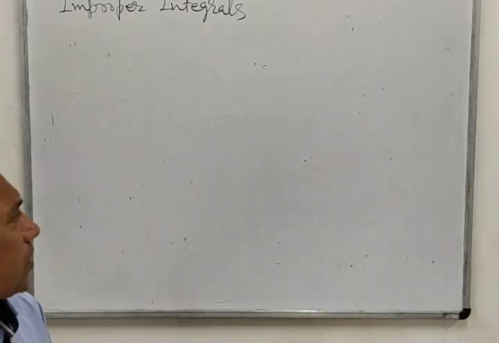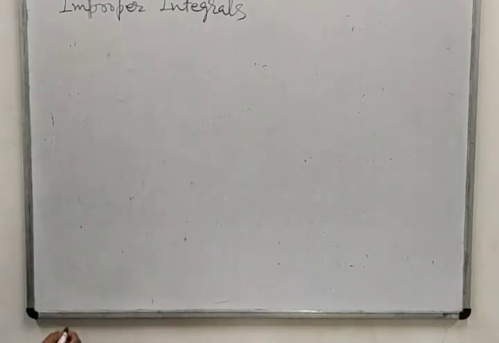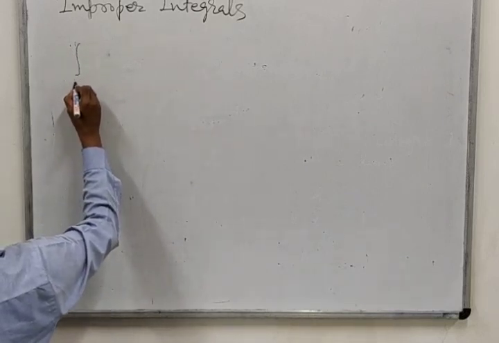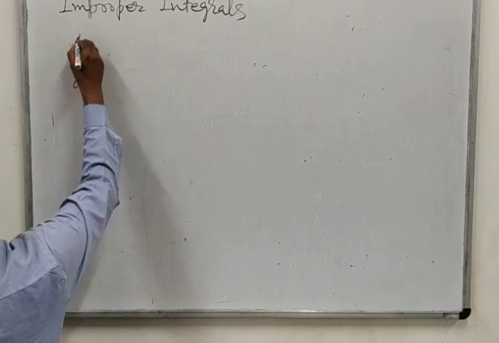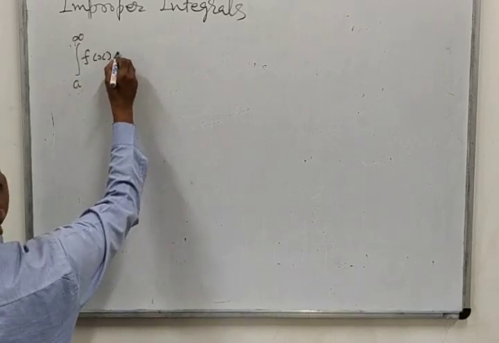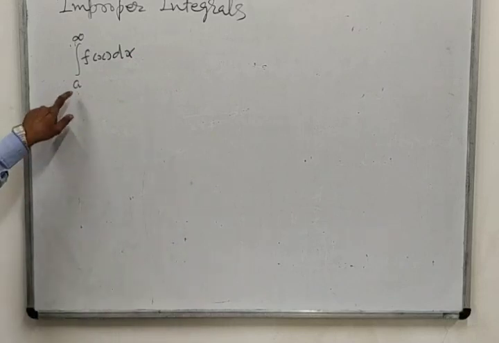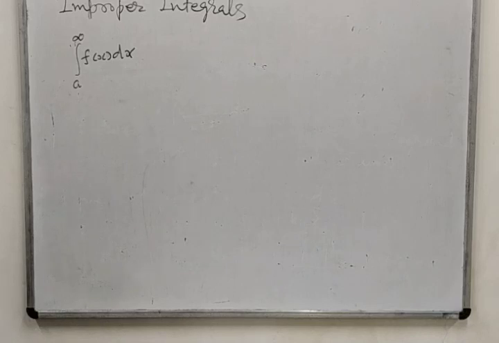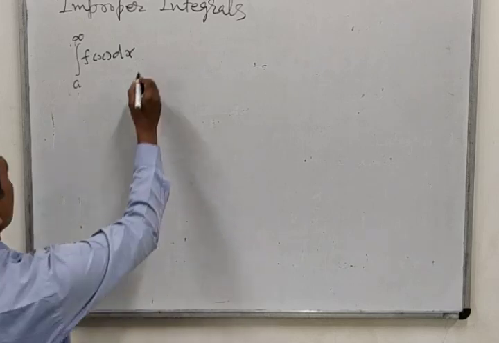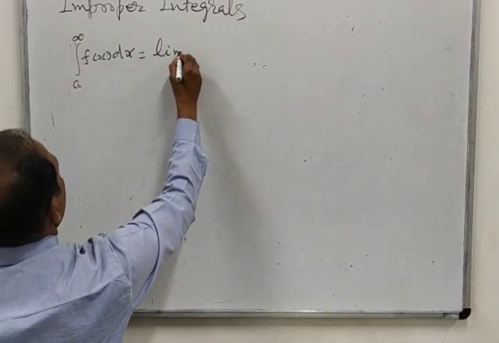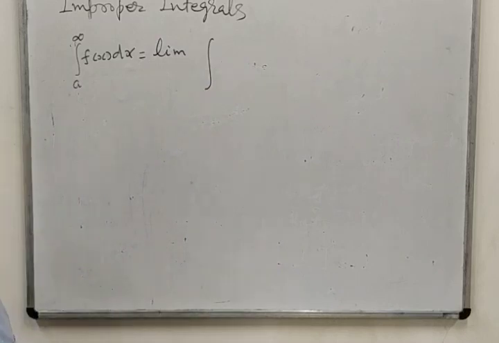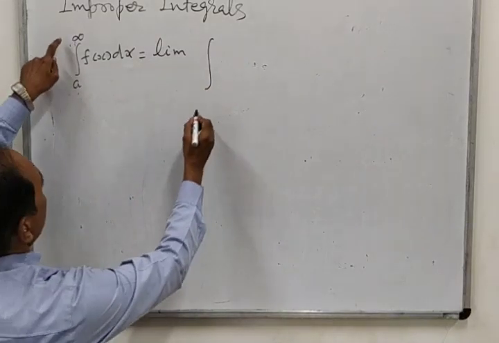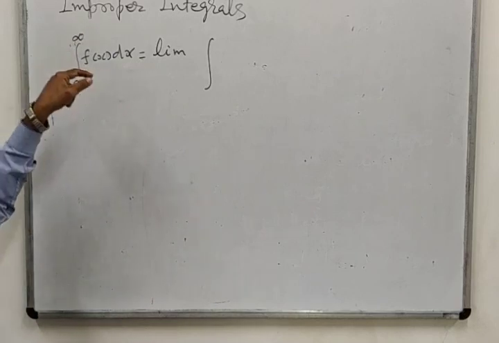Suppose we first consider improper integrals of first kind, in which the integration is of this type. That means the lower limit is a and the upper limit is infinity. So it is an improper integral of first kind. Without solving it directly, we will have to consider its limiting position. That means we need to write this integral in a limiting sense, because the problem arises due to infinity only.